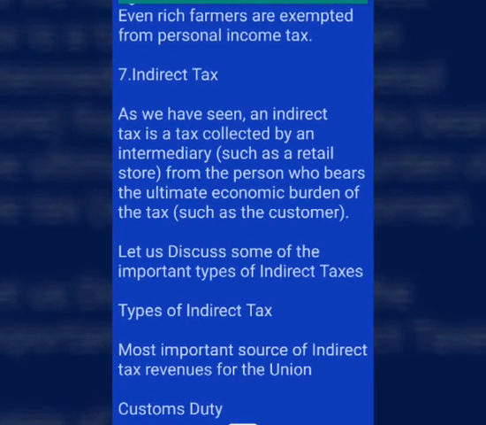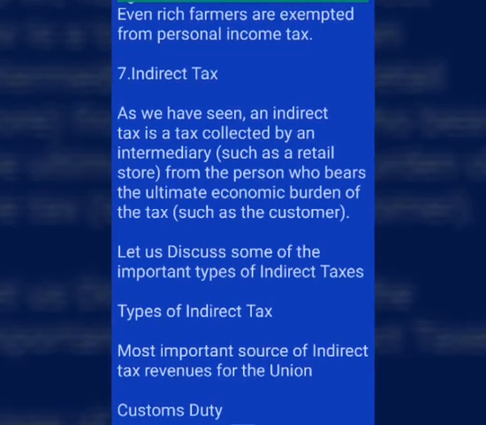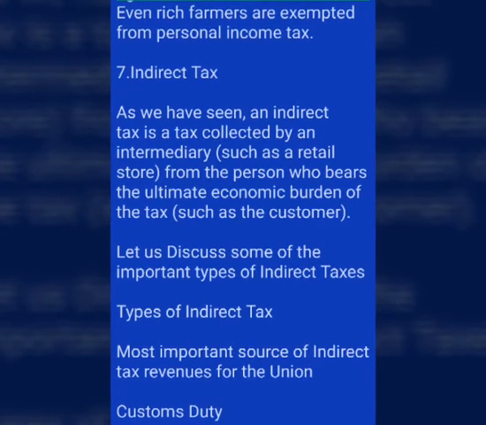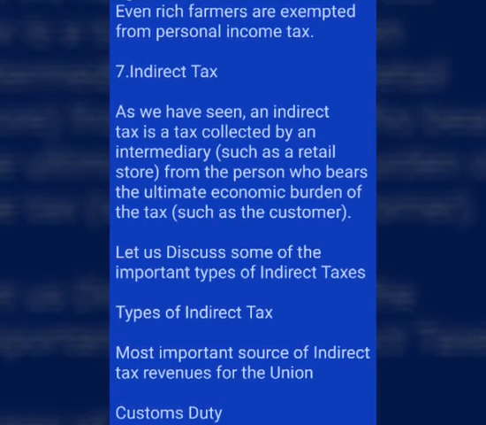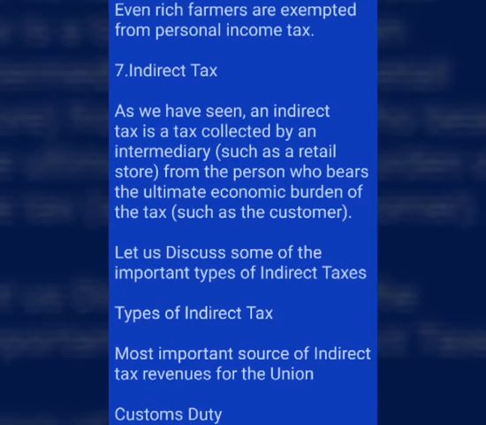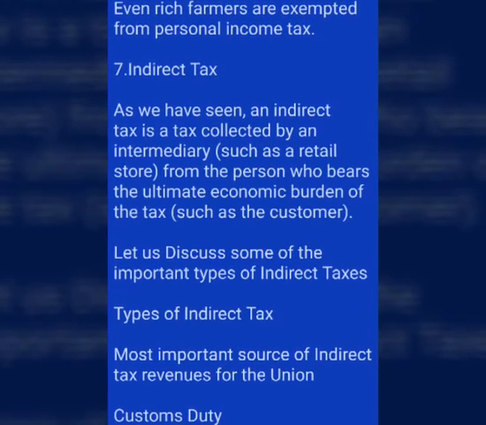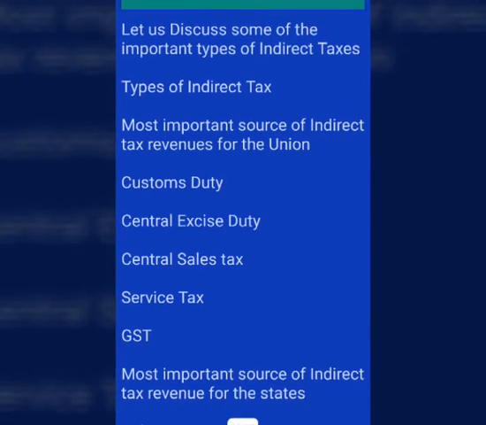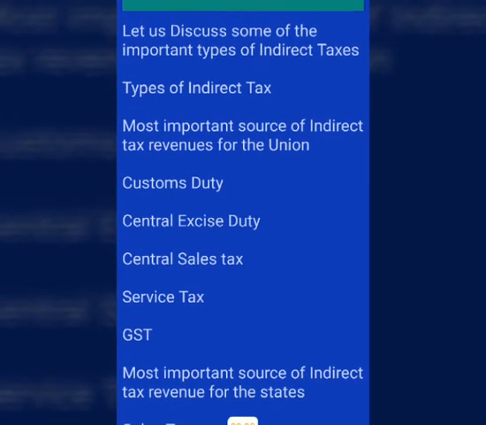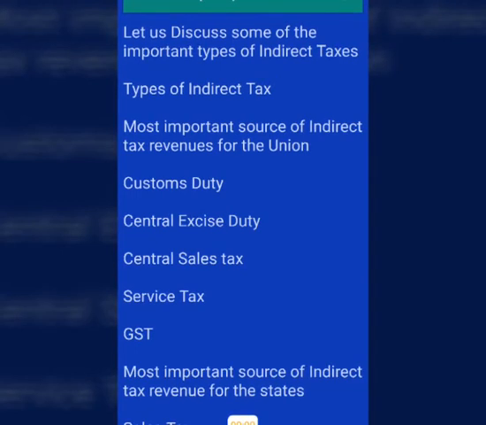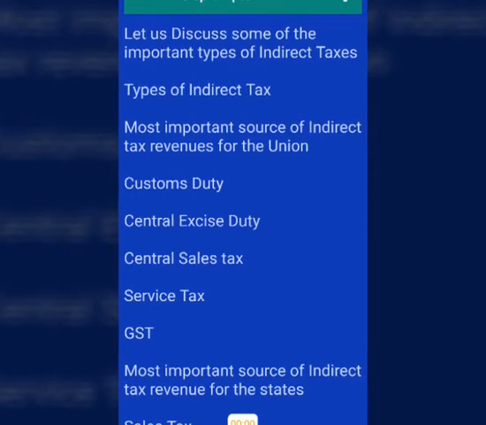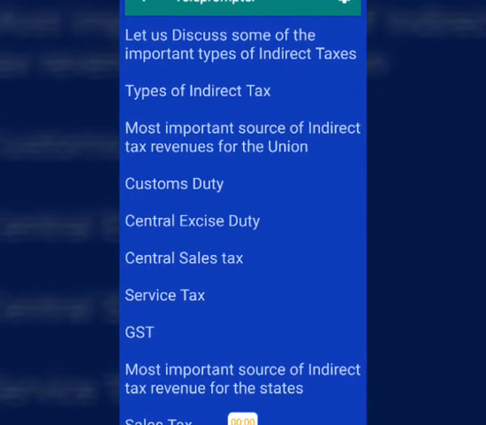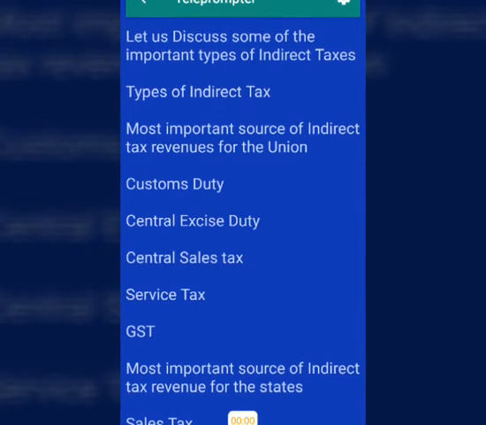7. Indirect tax. As we have seen, an indirect tax is a tax collected by an intermediary, such as a retail store, from the person who bears the ultimate economic burden of the tax, such as the customer. Let us discuss some of the important types of indirect taxes. Types of indirect tax. Most important source of indirect tax revenues for the Union: Customs duty, Central excise duty, Central sales tax, Service tax,